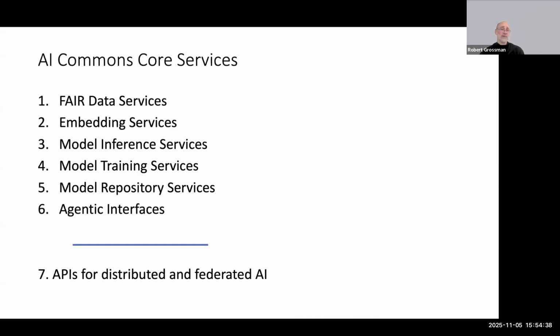So what's the short list? That was motivation. I want to have a discussion in a few minutes, but this is all we're proposing. For the commons, we're going to continue to have FAIR data services. We'll add that to the embedding. Michael Lukowski and others in Gen3 have a Gen3 embedding service that should be ready by Tuesday.